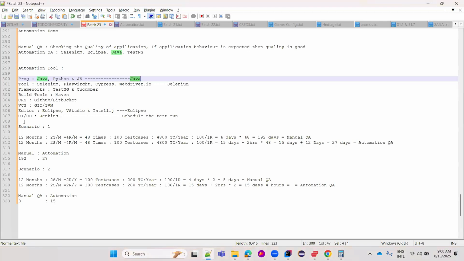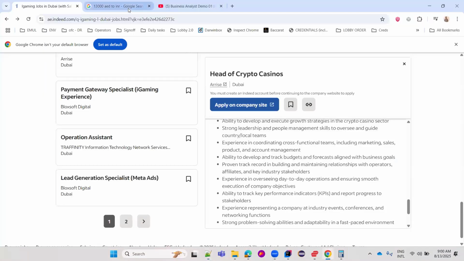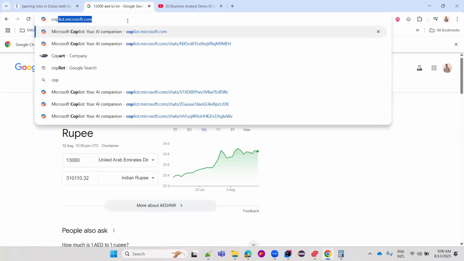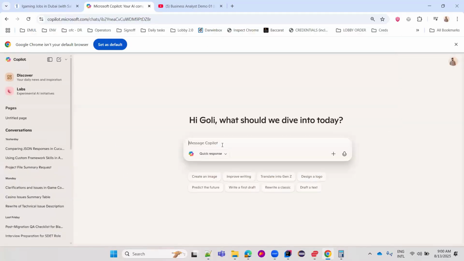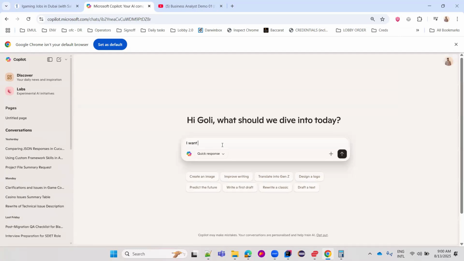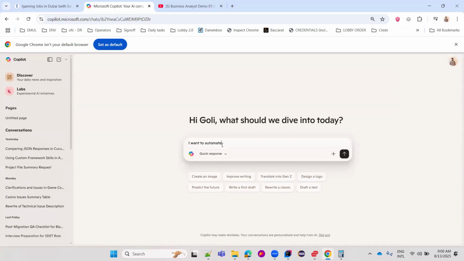So we have many tools in the market, many AI tools. For example, I'm opening Copilot. Here in Copilot, I'm asking that I want to automate add product to cart in the Amazon website.